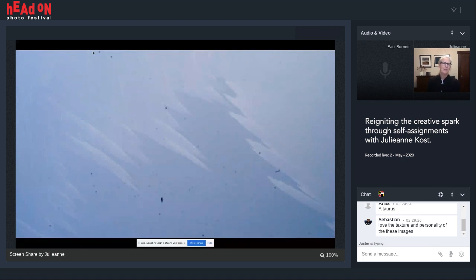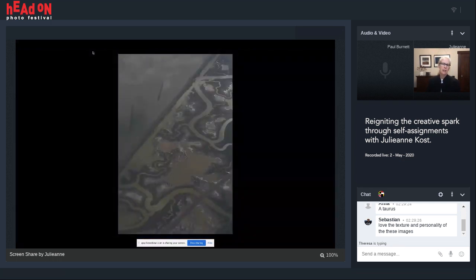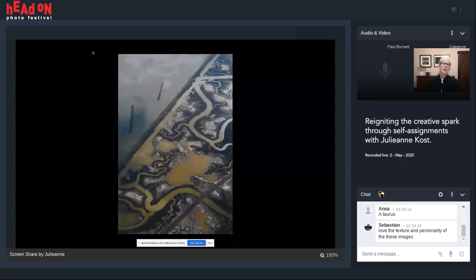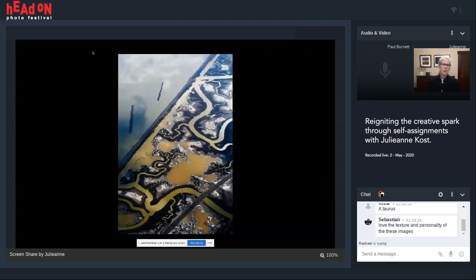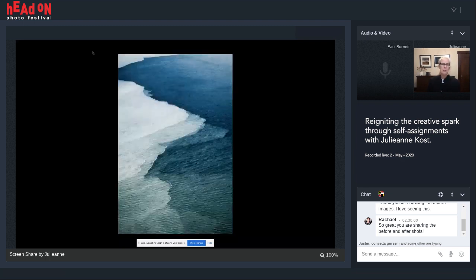It's almost too embarrassing for me to show you this one, but that's before and that's after. So thank goodness for the clone stamp tool in Photoshop. All right, and another one. This is leaving San Jose, California. And these are salt ponds that are out there that just turn these magnificent colors depending on the time of year. This one's crazy. I don't even think you could probably see what it looks like at first. This is going between Vancouver and Victoria up in Canada. I mean, look at that. So what you can pull out of an image in post is just absolutely fantastic. And I don't think it's cheating at all.